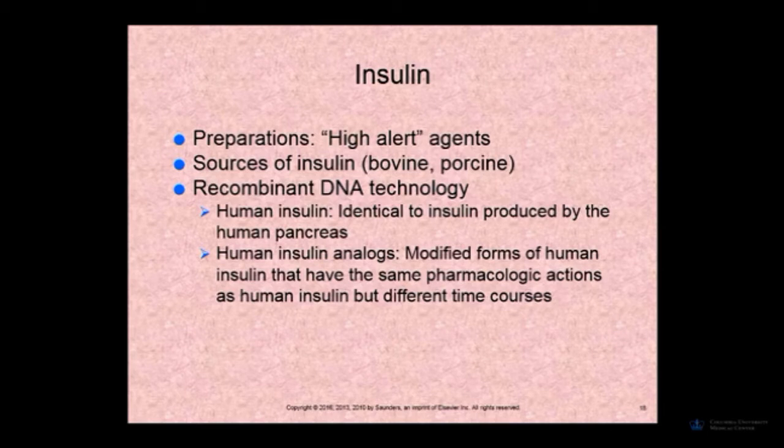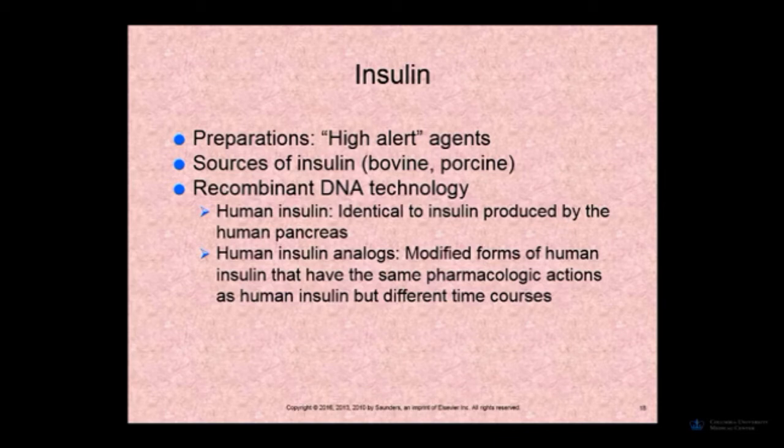Okay? But in recent years, with the development of recombinant DNA technology, we actually have human insulin that's produced by microbes. Okay? So the insulin that's given today is human insulin that is identical to the insulin produced by the human pancreas. Okay? So today the insulins that we give pharmacologically are either what's called regular insulin, which is identical